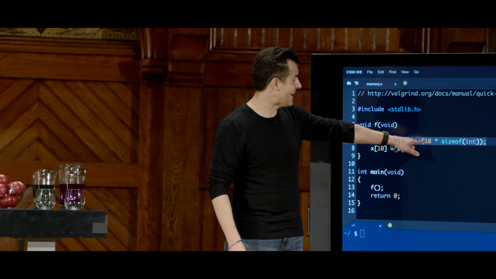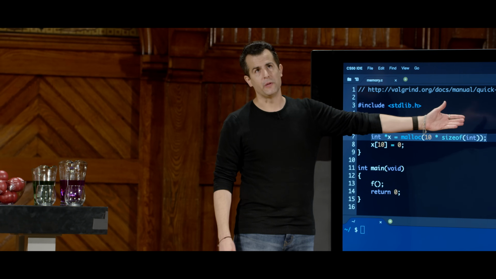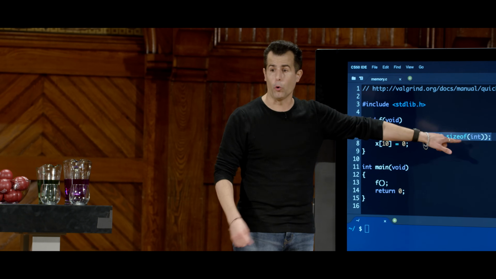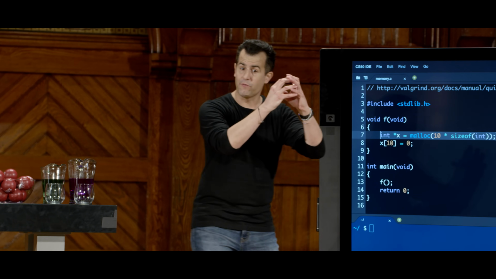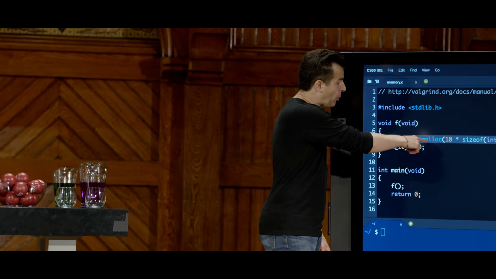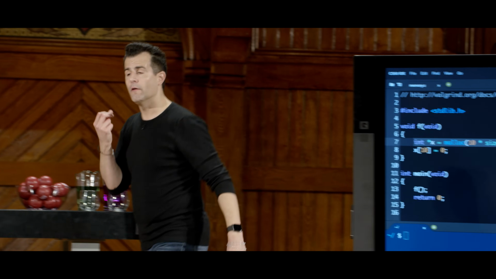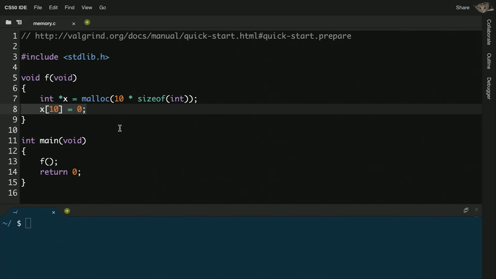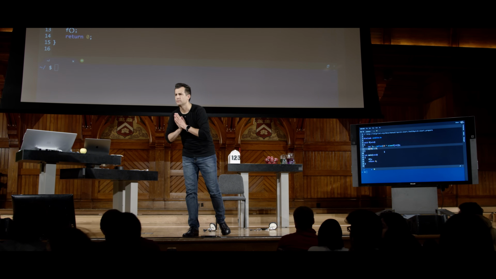So this just means give me 10 times the size of an int, which happens to be 4 bytes. So that means give me 10 times 4, or 40 bytes of memory. That's effectively an array of memory that I can store integers in. And malloc, per its definition, is going to return to me the address of the first byte of that memory. What is now scary about line 8, relatively speaking? What might worry you with line 8, which is buggy, unfortunately? Yeah?